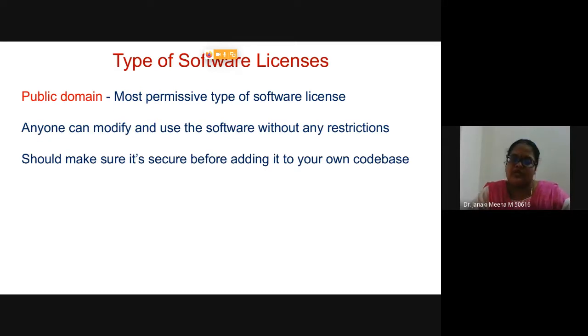One is public domain. This is a very flexible type of license. Here you can use the software or modify it without any restrictions. You can do whatever you want with the particular software. But you should make sure, when you are taking public domain software, making changes and incorporating them into your code base, that you are very careful that it is secured, right?